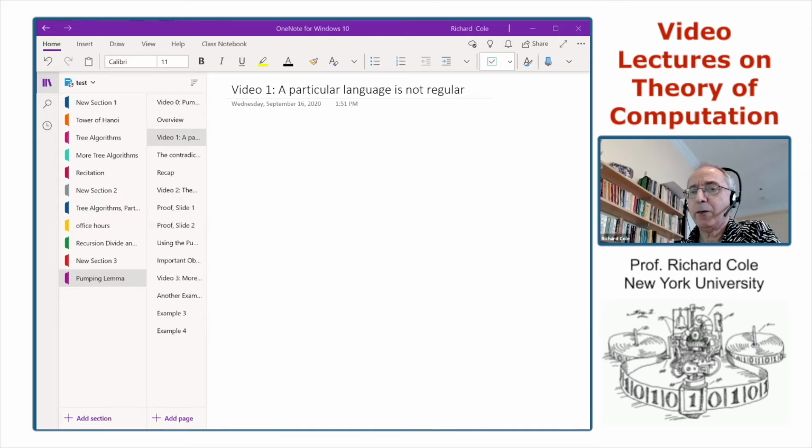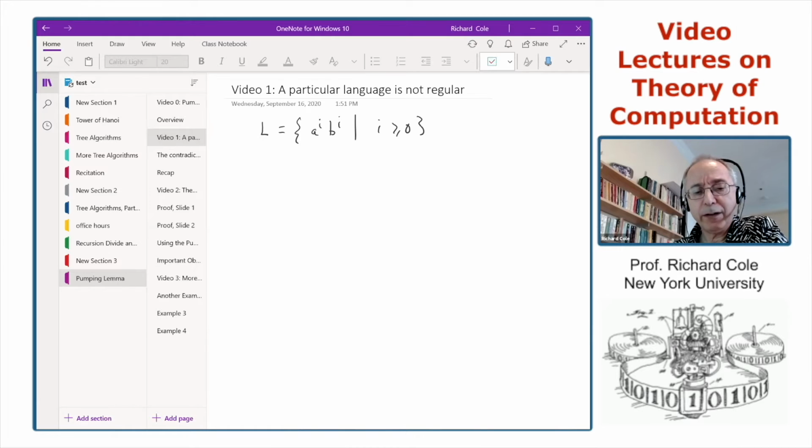In the previous video, I said we were going to learn how to show that many languages are not regular. So let's begin by looking at one of the languages we mentioned, which was the language of strings which have equal numbers of A's and B's, with the A's preceding the B's. And the way we're going to proceed is we're going to suppose for a contradiction that actually L is a regular language, which means that there's a DFA M that recognizes L.